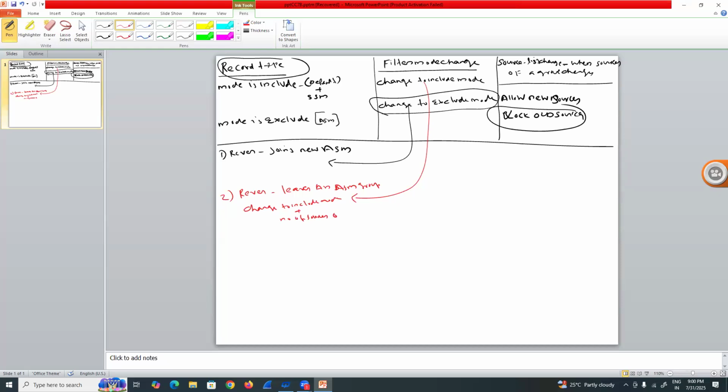There is no source group. If it is include mode, you need number of sources, right? But here number of sources 0 means it is not actually a join message, or it's not a report message. If it is a report message, there would be a number of sources, at least a minimum of 1. But here it is not there, right? Next,